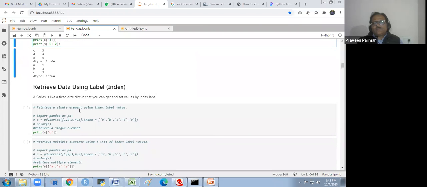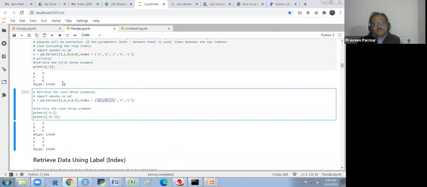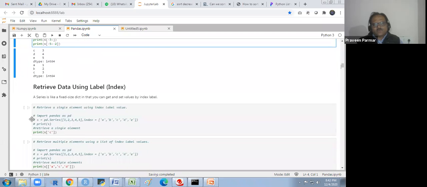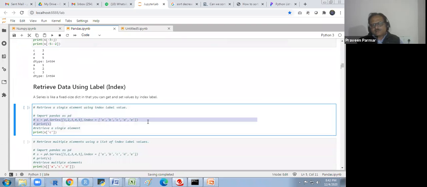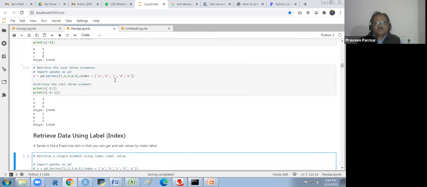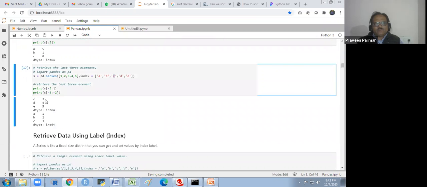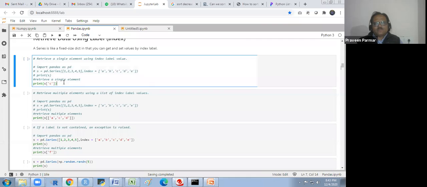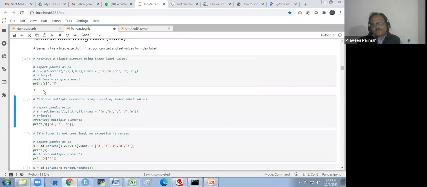Now we retrieve using the labels. Access this data through the labels. I will not read this again and again; we have already done it here. It is not compulsory to write the same thing again and again, so I have commented there. I am just using this command through indexing. I want to use the label C, so I will get the value 3. Instead of the index number, I am using the index name and I am getting the 3. Got it?